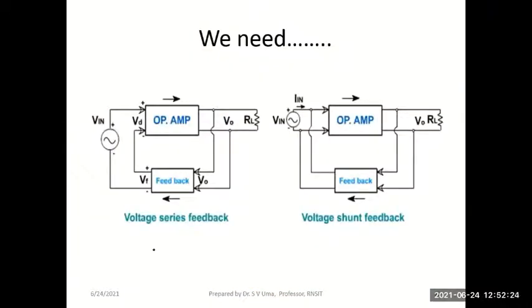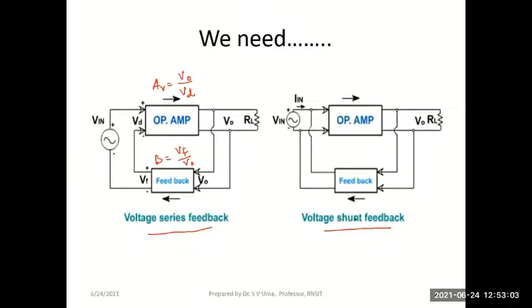Okay. So as I was telling you, it is clearer here. We need voltage series and voltage shunt. Output is a voltage. Input is also a voltage. And I use a basic voltage amplifier with output by input. The feedback network is also the ratio of feedback voltage to output voltage. So everywhere I have voltage ratios. On the input side, it will be a series connection. On the output side, it will be a shunt connection in a voltage series feedback amplifier.